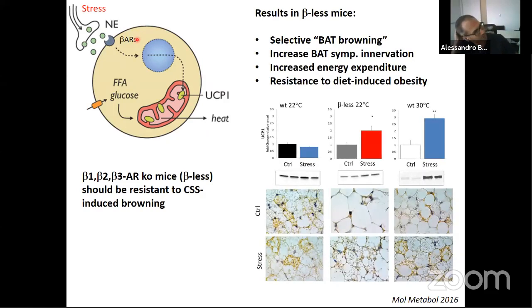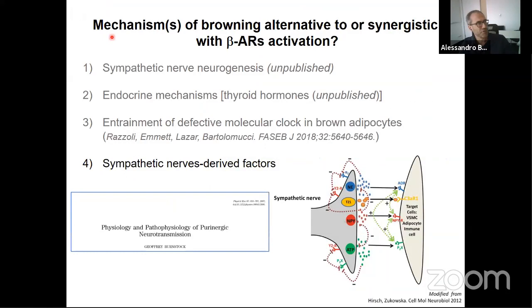And one of the key points of the paper that we published a few years ago now is that these beta-less mice not only are not resistant, but essentially they recruit the brown adipose tissue with normal brown adipocytes expressing UCP1 and virtually all the physiological conditions that you can think of for this organ in the condition of stress. And they do this in presence of increased sympathetic innervation, increased energy expenditure, and resistance to diet-induced obesity. How is this possible? If this is the version that we are used to, how can a beta-less mouse respond to this? Obviously, this led to